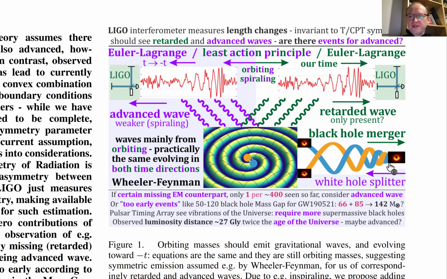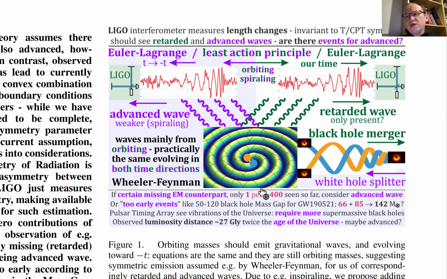This is the asymmetry of radiation, which is crucial here, and which is missing, I believe, in the Euler-Lagrange approach. The standard assumption is that the asymmetry is perfect, that there are only retarded waves, but maybe there is also a small contribution of the advanced wave. So this is a hypothesis I propose to test, and I will discuss many experimental arguments, and maybe some are already among the observations, there are like 400 of them currently. Maybe there are some advanced waves, because the chirp shape should be quite similar.